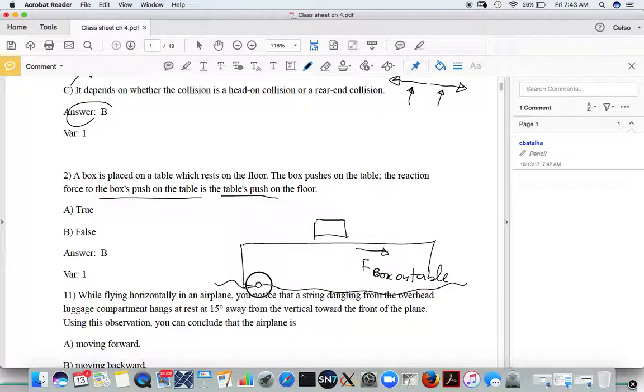So the table on the floor is some weird thing. No. So the table will react to this action with a force that has the same magnitude but opposite direction. So the representation that I make here is a representation of force table on the box. So in the lab, when we did exercise of a free body diagram,